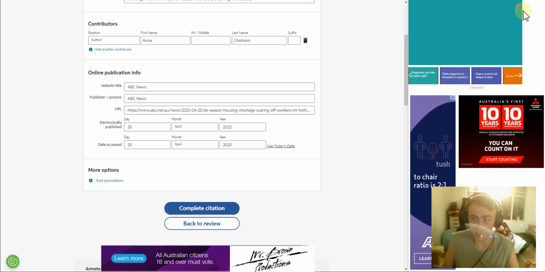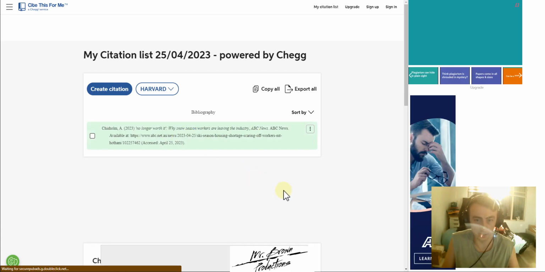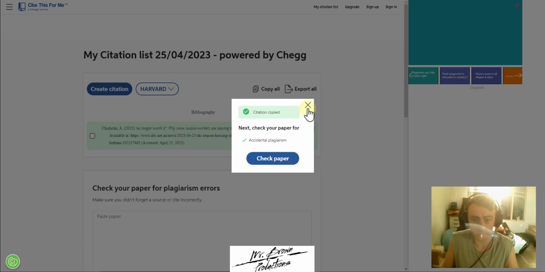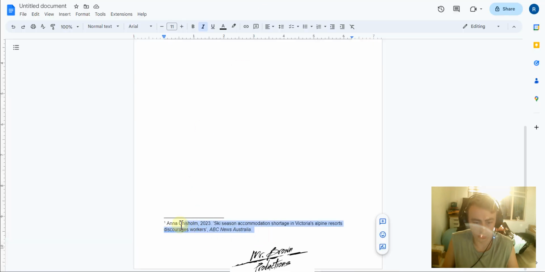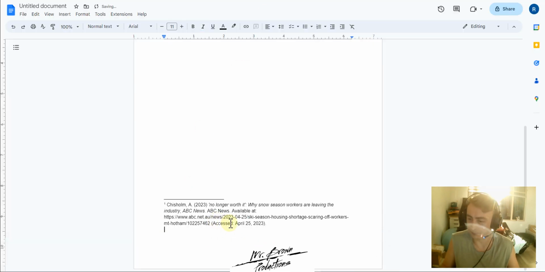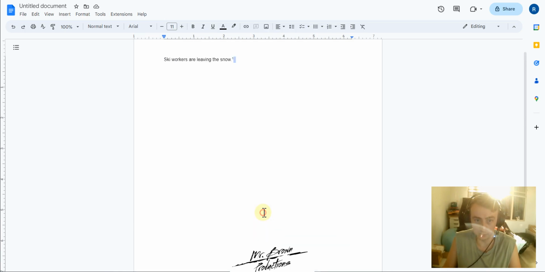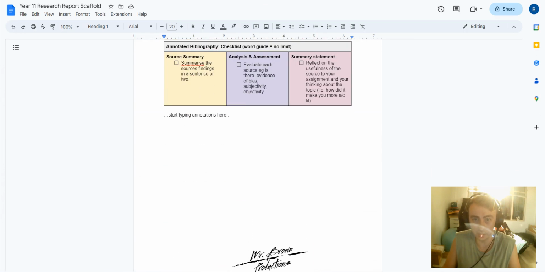What you'll then do is hit complete citation there at the bottom, and there, voila, you have your citation. So you just go copy citation, now it's copied to you, and then you go to your footnote and you paste it in, and it's done. Okay, now it looks a bit cooler than mine did. Okay, so if you just do that and use that for all of your citations, that's the best way to go. What you then do is, once you've written that and you need to put it in your annotated bibliography,